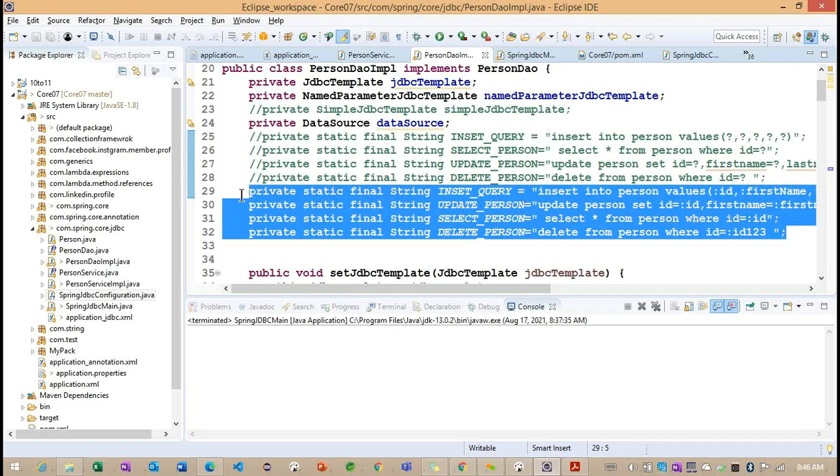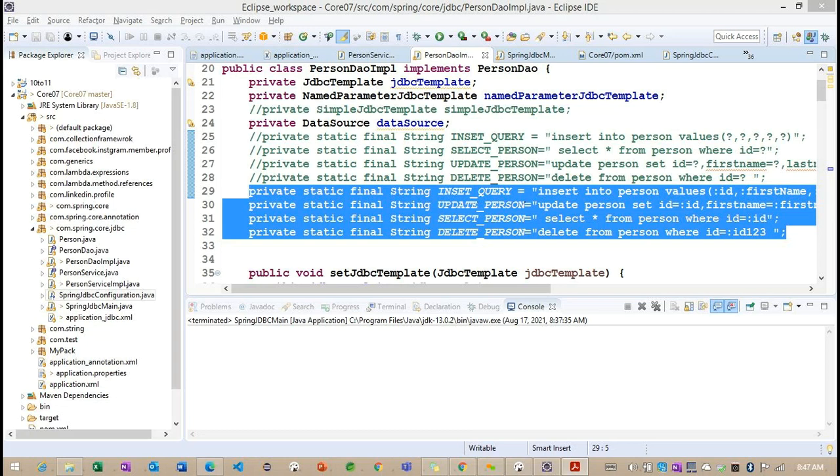We just need to know the basic syntaxes, like how we are going to create the table, how we are going to modify the table, and how we are going to insert the data. So this section we need to know. We already identified these sections in the last class and in today's class session, right? And once we are familiar with DDL and DML, now we are going to insert the data.